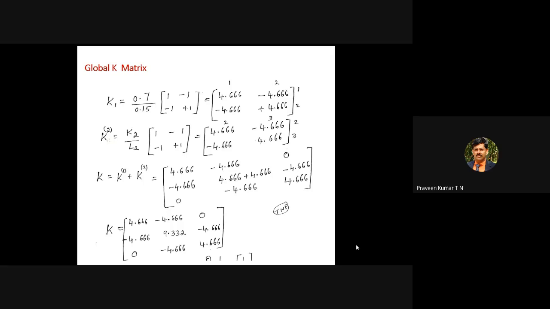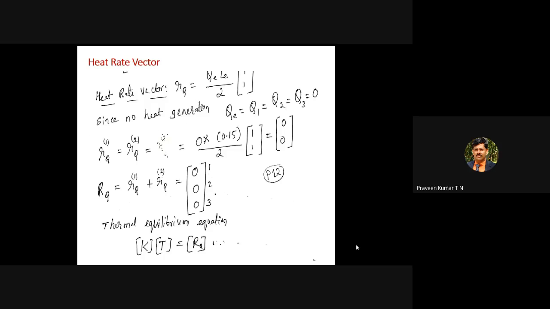So now we have element conductivity matrix K1. We have element conductivity matrix K2. So now get the global conductivity matrix exactly similar to the problems on bar. Only formulas are different. Instead of E in the bar case, in the thermal conductivity matrix we have the K. Everything else remains the same.